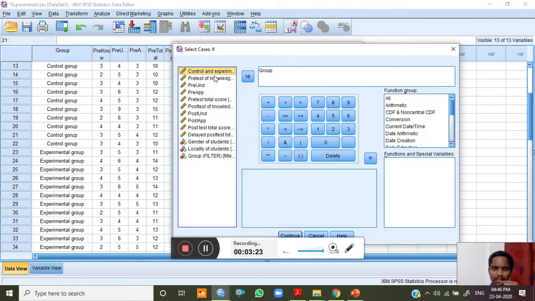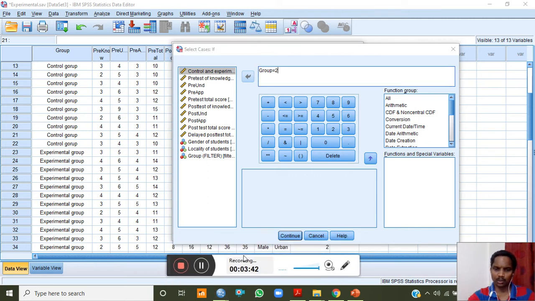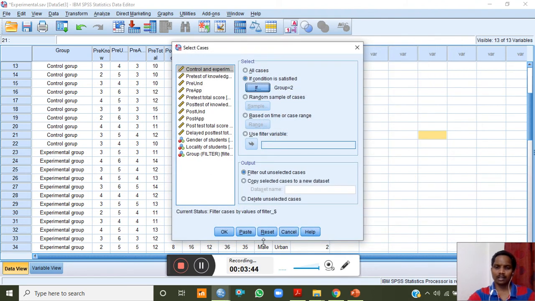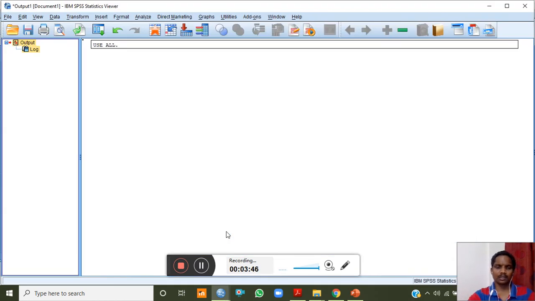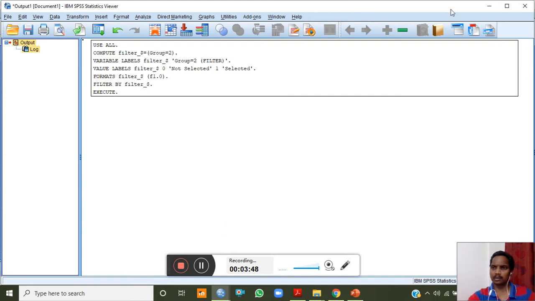Then select group, which is equal to, we need only the second group, experimental group. Then you don't have to do anything here, simply click on continue, click on OK. So the output page comes.